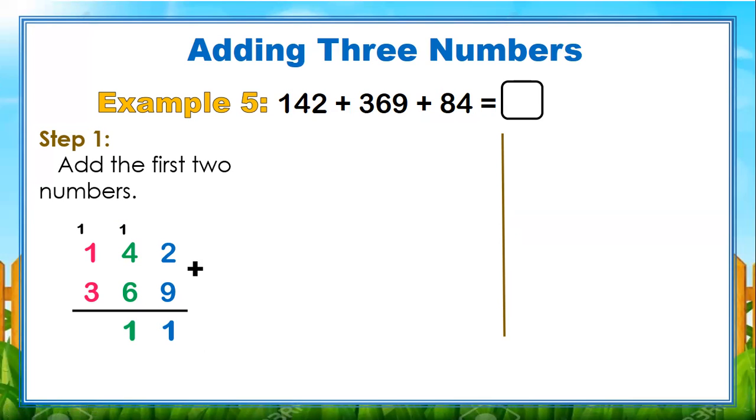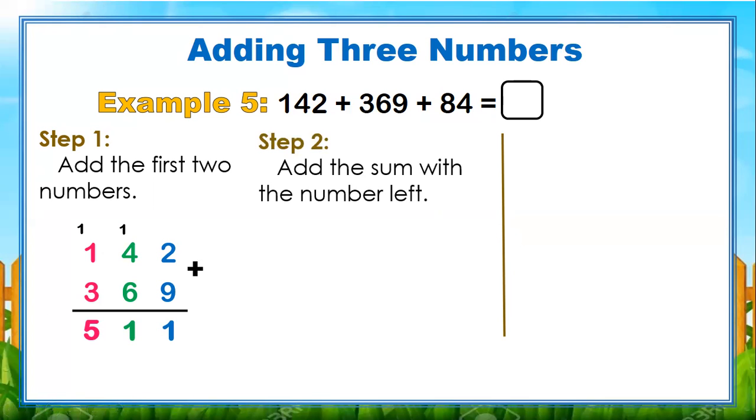Then let us move 100 to the hundreds column. So 1 plus 1 plus 3 will give us 5. So this is the sum. Next, we need to add the sum with the number left. So the number left is 84. So 511 plus 84 will give us